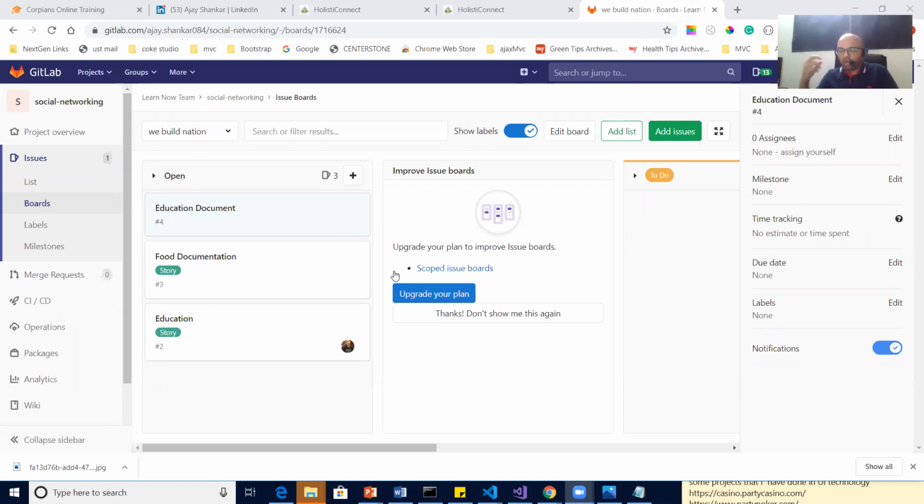So we need to create screenshots, mock-ups, documentation, so that once this project is done, we can share this GitLab with the HRs or with other people and say this is the work we have done. That's how we have completed our work. Correct. Everything is there on the board, based on the phases. So you can check in which phase how many stories we have completed. You got my point? Guys, is it clear? Team?